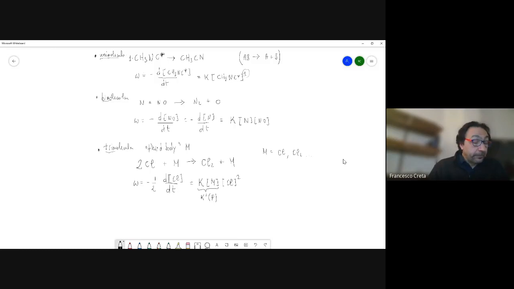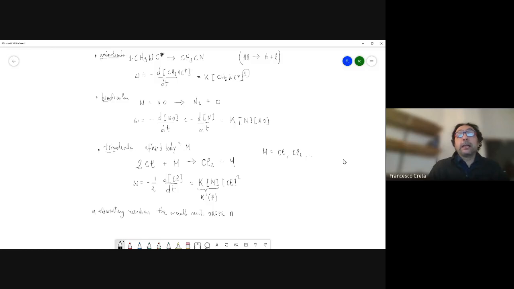elementary reactions, you see that the exponent in the rate expression is always equal to the stoichiometry. If you want to say it in a more compact form, you can say that in elementary reactions, the overall reaction order